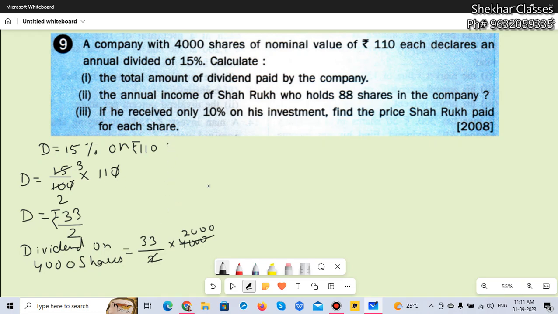So we can write it here as 66 and 1,000 here. So what is the total dividend he is paying? He's paying 66,000, right, as a total dividend. And this is the answer for the first question. Next part of the question says here, right,